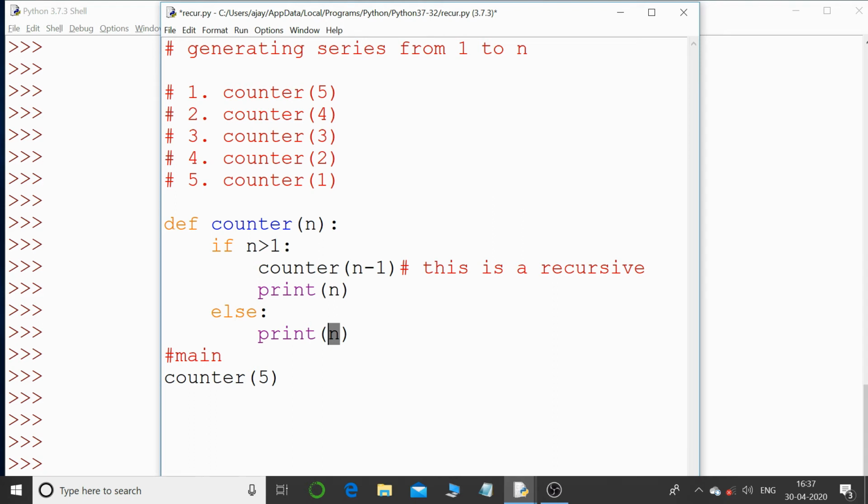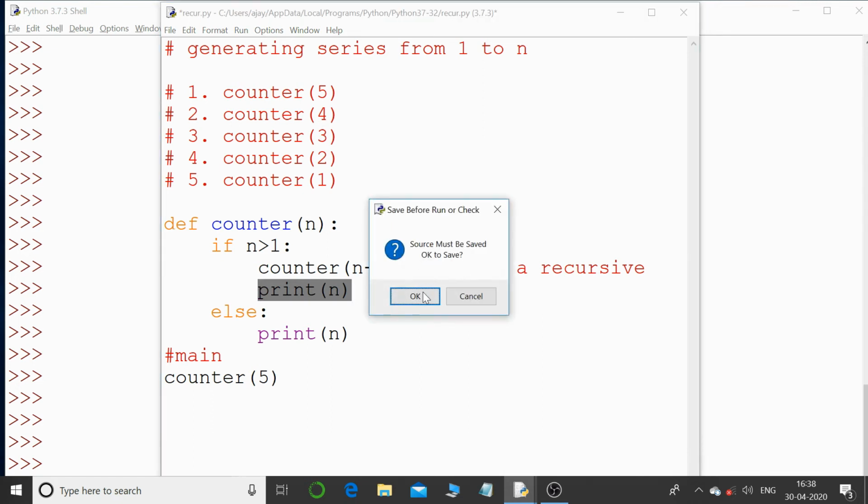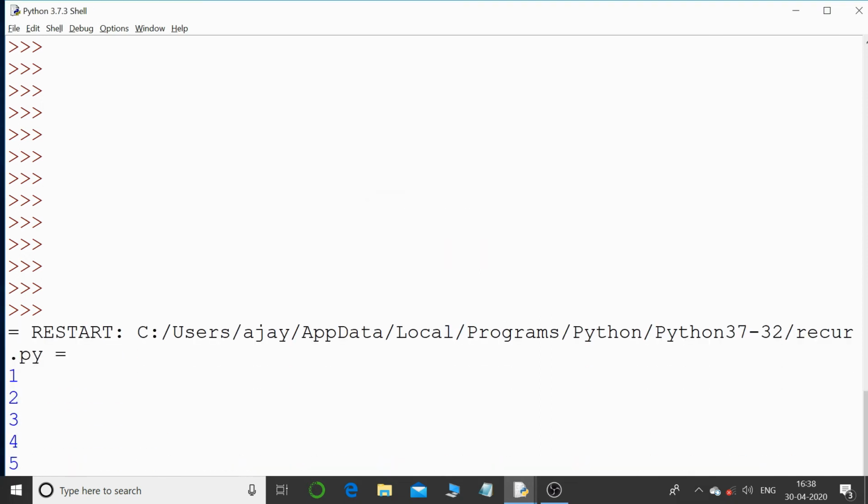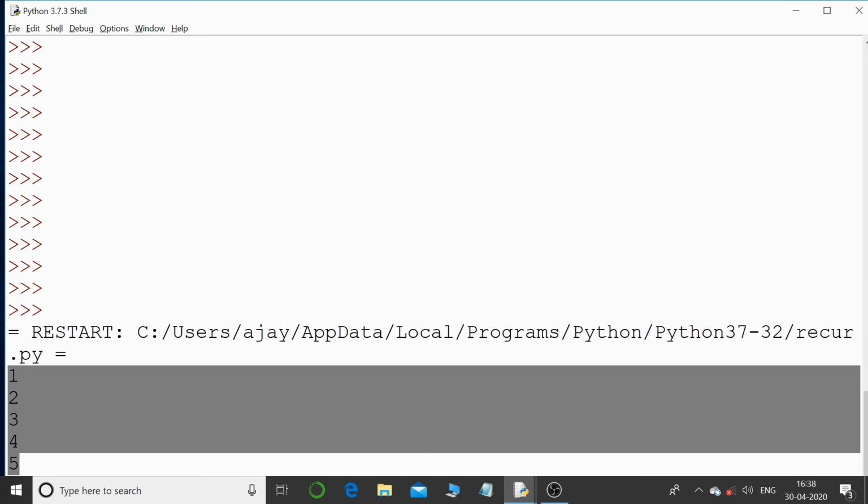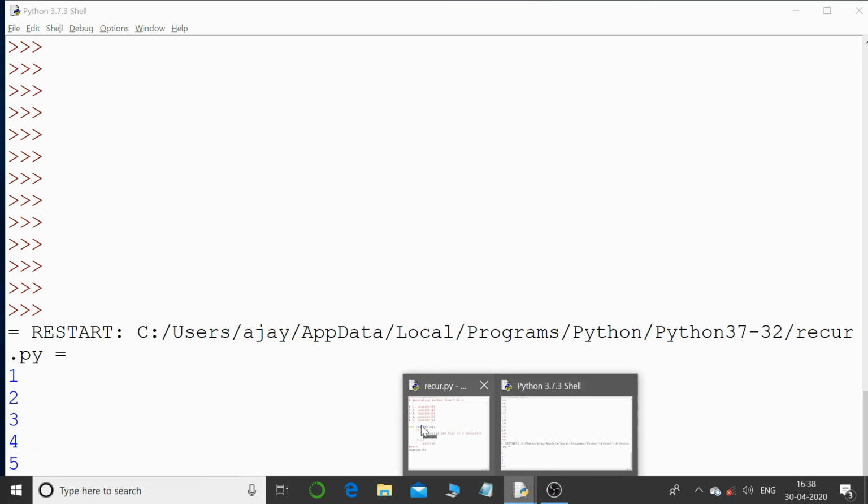So it is going to return to the previous call of the function, that is over here where there was a call. So it is going to return to the next statement of that particular call. What's the next statement of that call? That is print n again. And in the previous call you can see that the value of n was 2, so it is going to print 2 over here. And then from here it is going to go to its previous call where the value of n is 3, so it is going to print 3 over here, and then 4, and then 5, right? So if you run this program and see the output, we have the output 1, 2, 3, 4, and 5, and so easily we have generated this series.